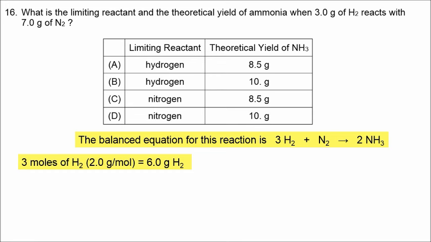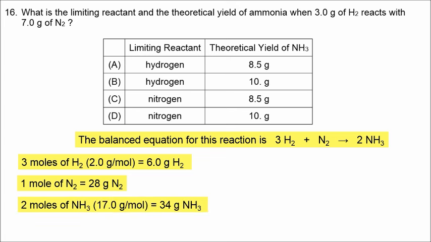For nitrogen, 1 mole of nitrogen is going to have a mass of 28 grams, and 2 moles of ammonia at 17 grams per mole is going to give us 34 grams. Now we're not confirming the law of conservation of mass here, but it's kind of nice to know that 6 plus 28 equals 34. You might look at the problem and think that 3 grams of hydrogen plus 7 grams